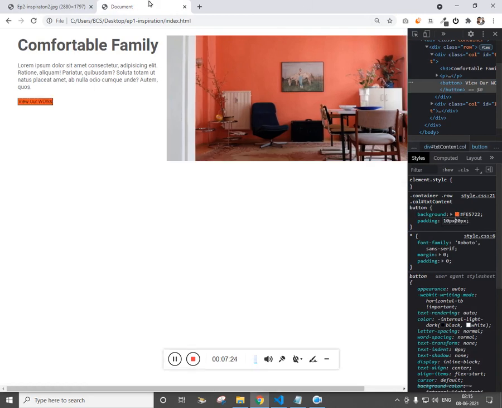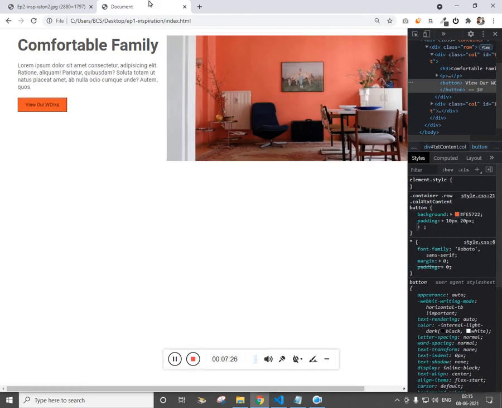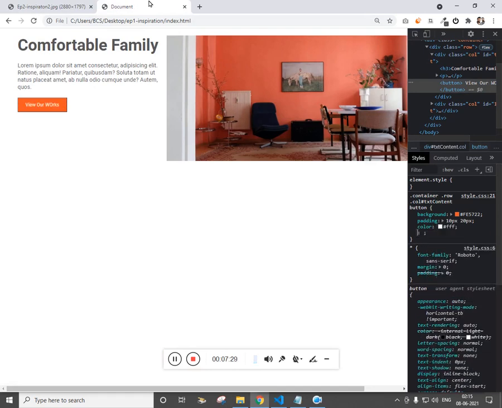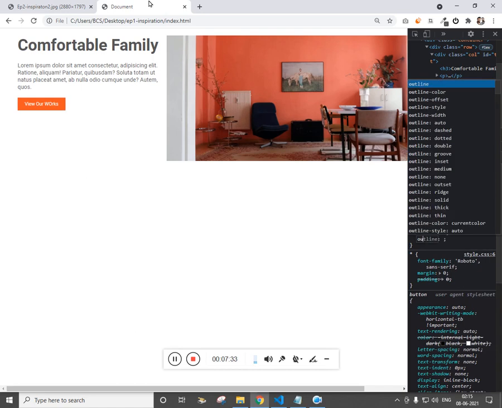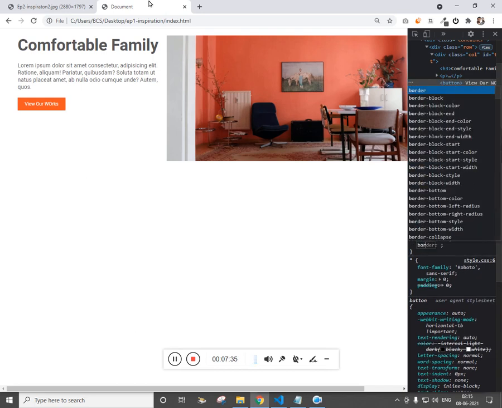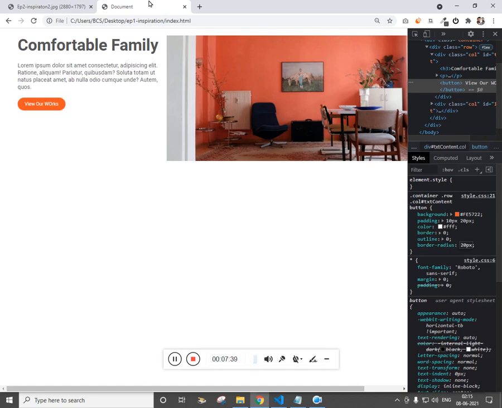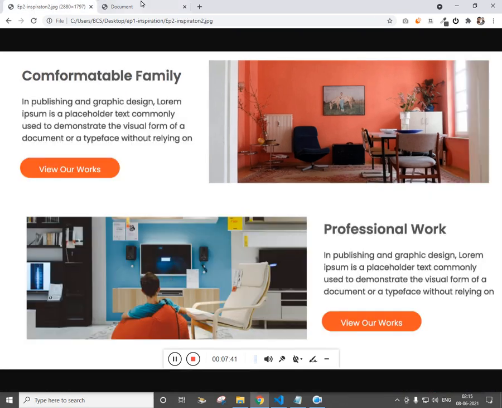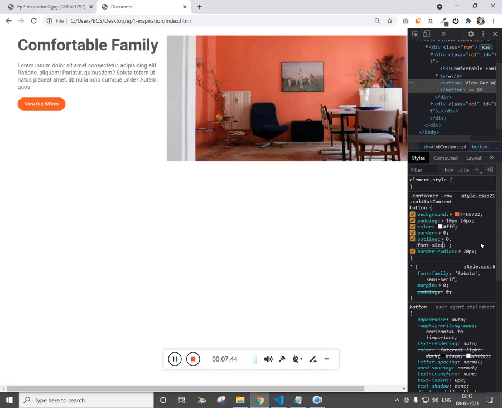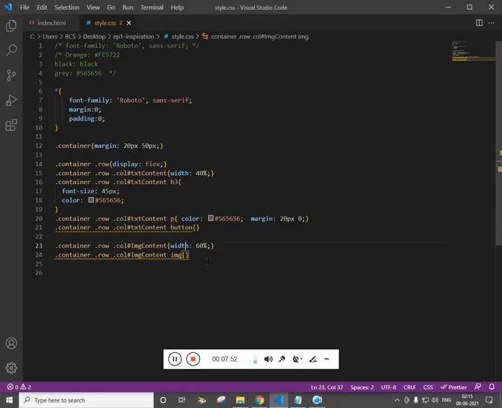Top and bottom be 10 pixel, and let the color be white, and let the border be 0, and let the outline be 0, and let the border radius be 20 pixel. I need to add the font size 20 pixel. Cool. Copy all